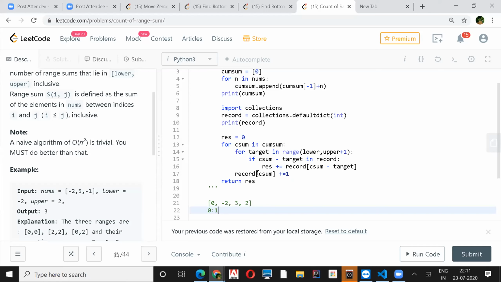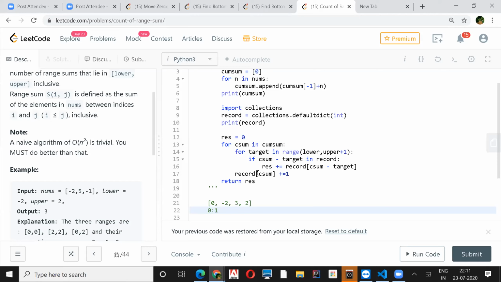Why would it do that? Yeah, because he's storing the number of CSUMs that occurred. Like how many times this CSUM has occurred, the instances. Line number 17, right? Yeah. So for CSUM equal to 0, the entire inner loop will run, and then it will come out of the inner loop, and on line number 17 it will store 0:1, right? Yeah, 0:1. And I think this is not n square. Yeah, that is right.